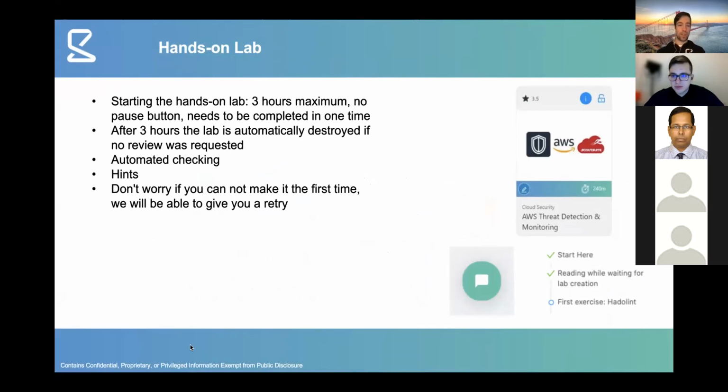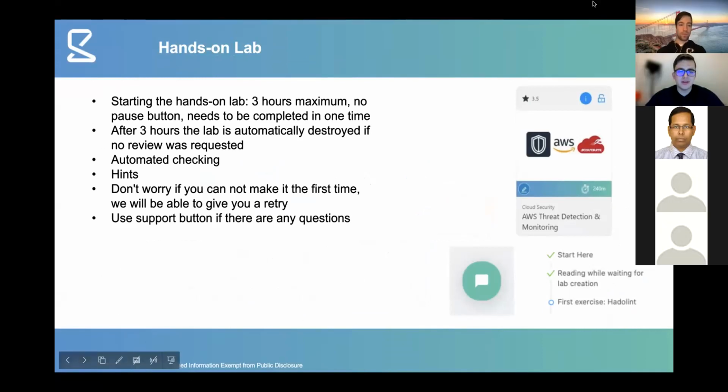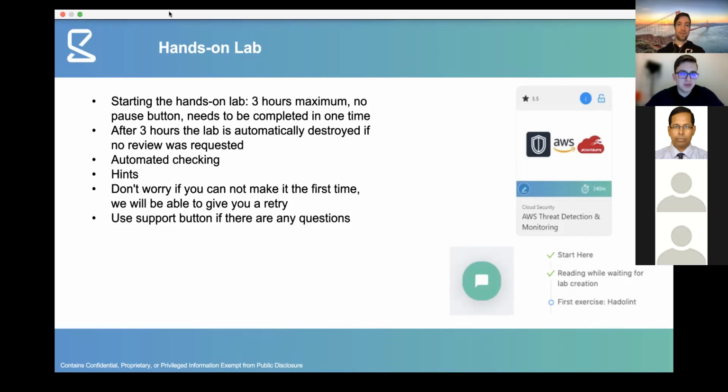Like I said earlier, for the hands-on lab you'll get only 3 hours to complete it. After 3 hours, if you don't submit the hands-on lab for a review, it will be automatically destroyed. We also have an automatic checking system on our platform that will check your steps, how you complete them.